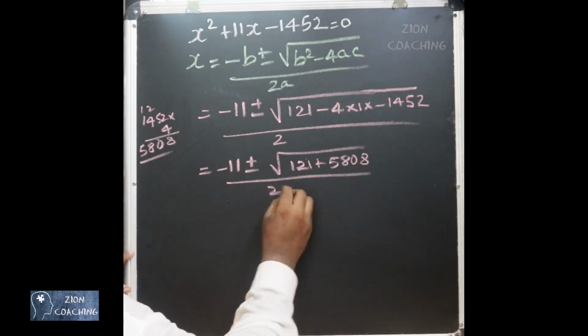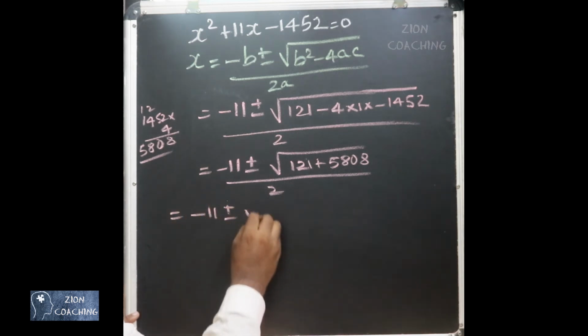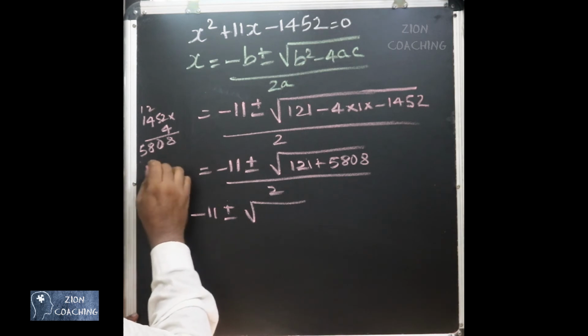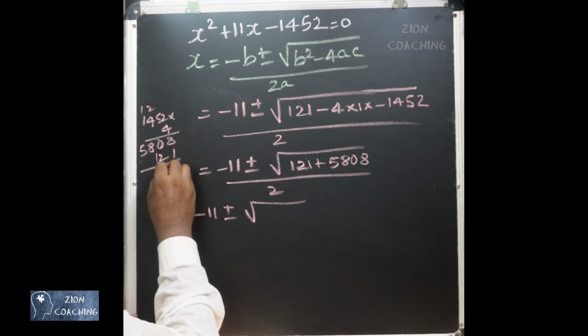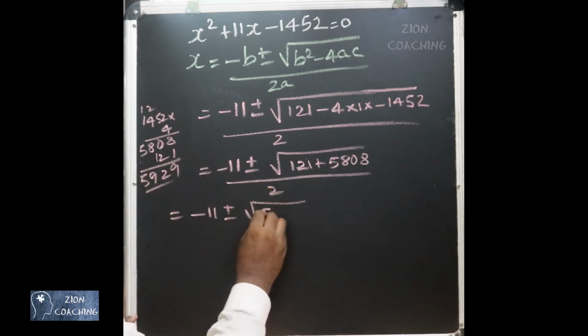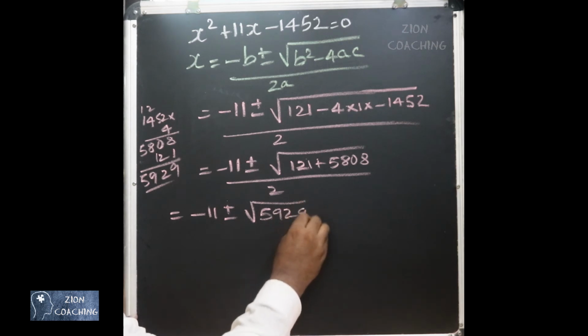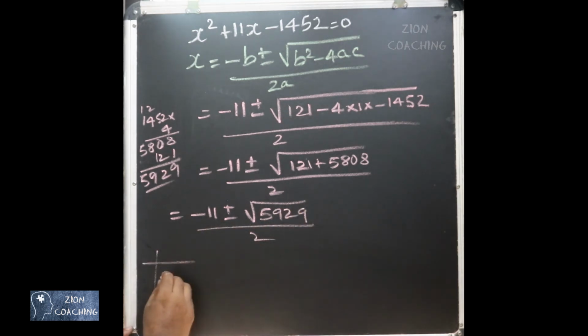Divided by 2. So we are going to have minus 11 plus or minus root of, when you add 121, you are going to get 5929, divided by 2. Now when you find the square root of 5929,